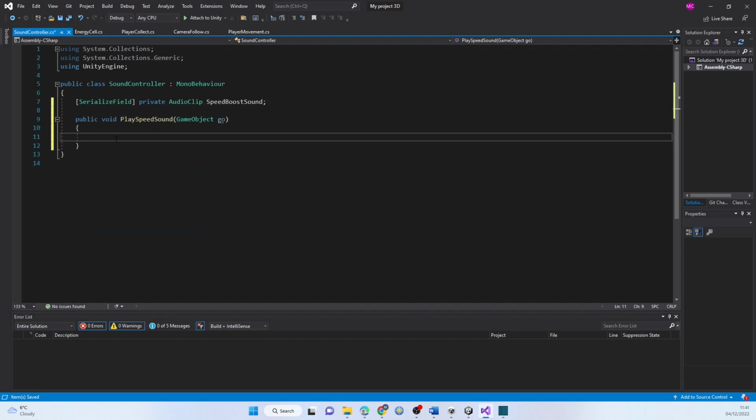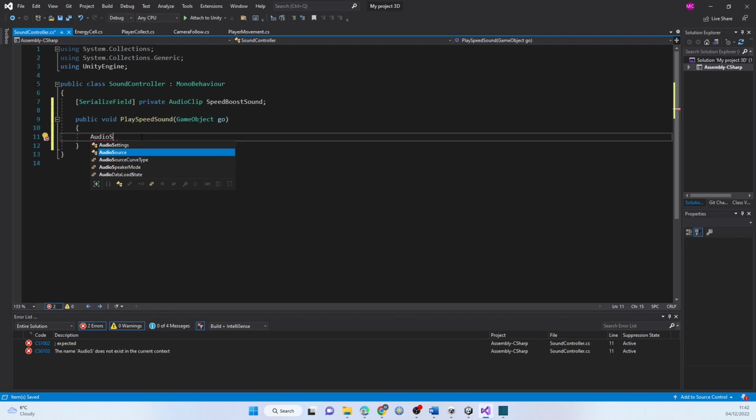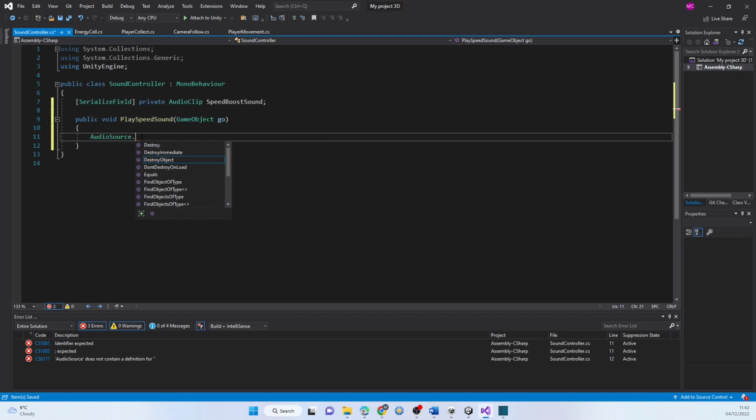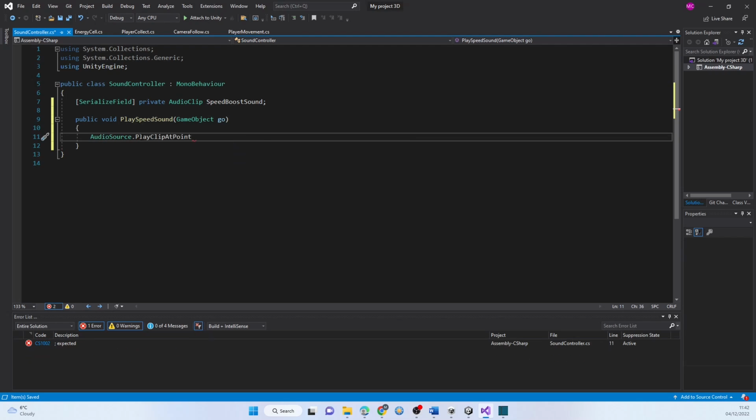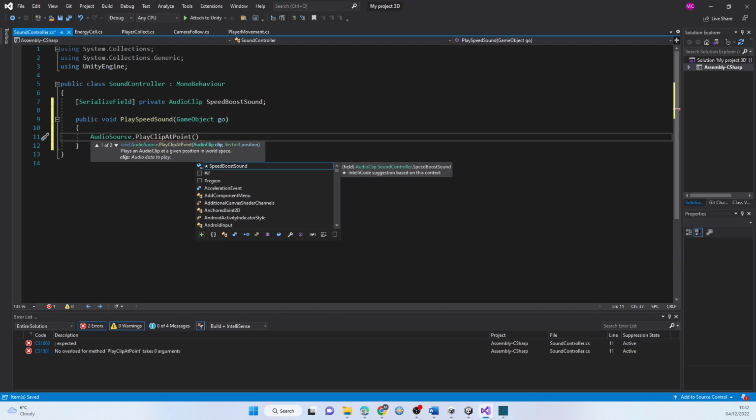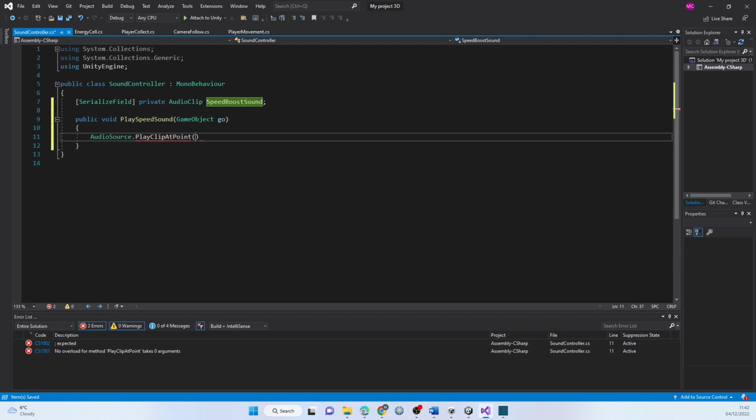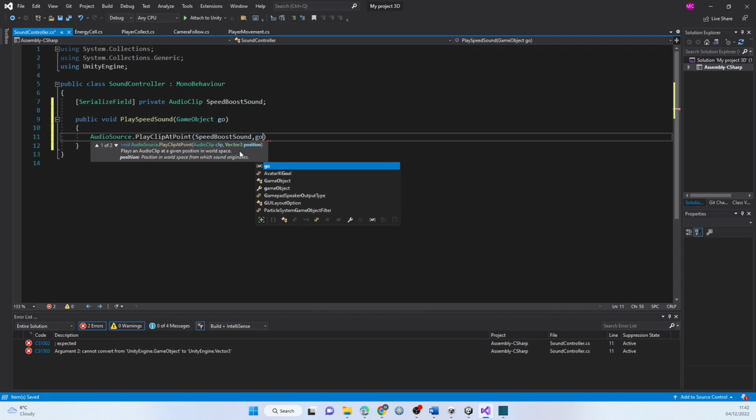Here we need to go to audio source dot play clip at point, and then it's going to take the audio clip, which is speed boost sound, followed by a comma, followed by the game object position, which I think I've got to do geo dot